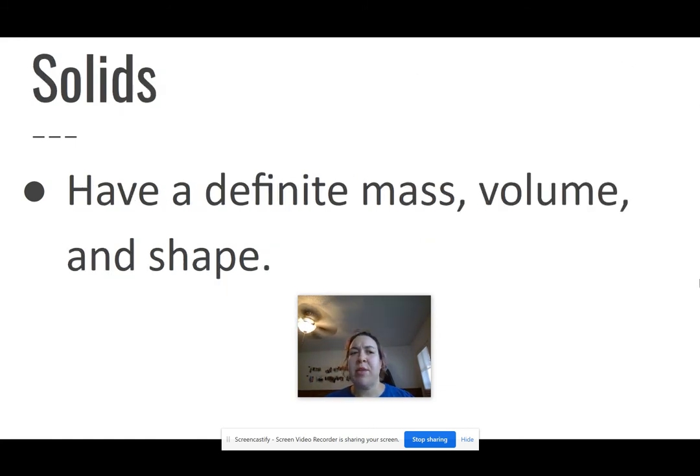All right. Next, for the next three, you guys, I'm sure, have a pretty good idea about them. I'm sure you've reviewed it in other grades. Solids, basically, always have a definite mass. The volume is going to be the same, and the shape is going to be the same. So like my chapstick here, we could weigh this. It's going to weigh a certain number of grams. It's going to take up the same space, and its shape is not going to change. So it's always going to be this solid.